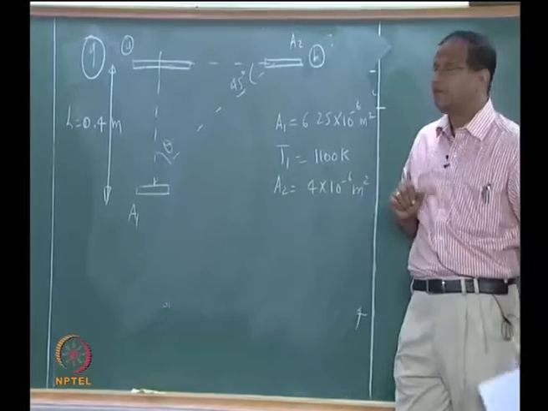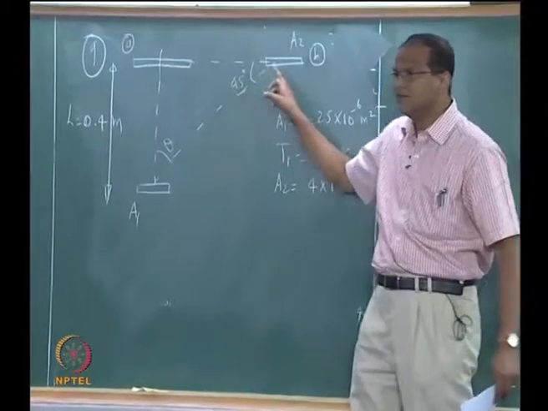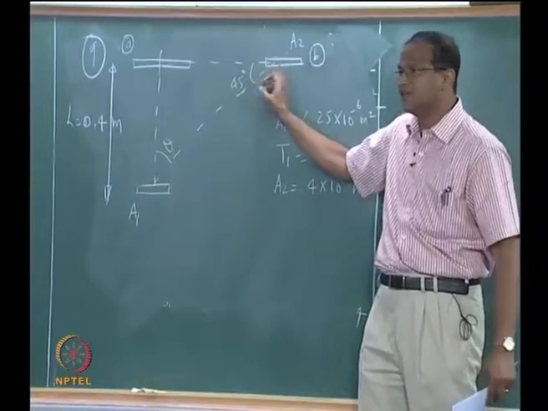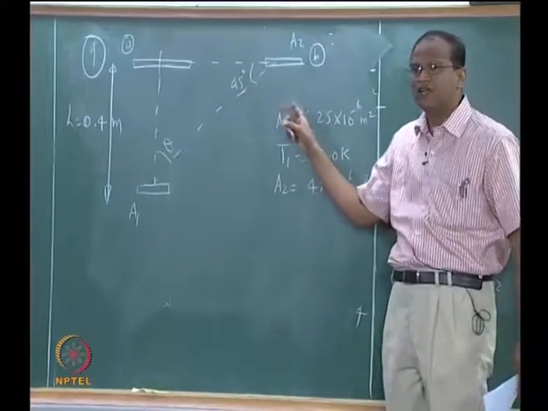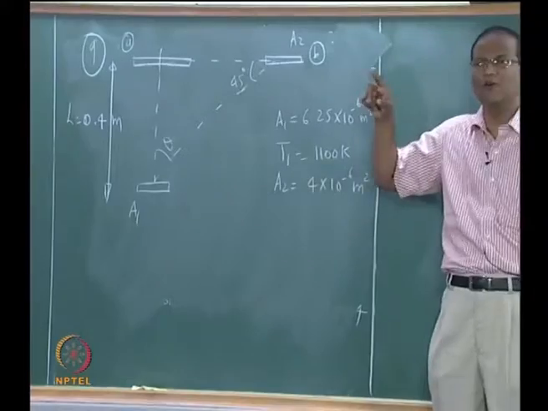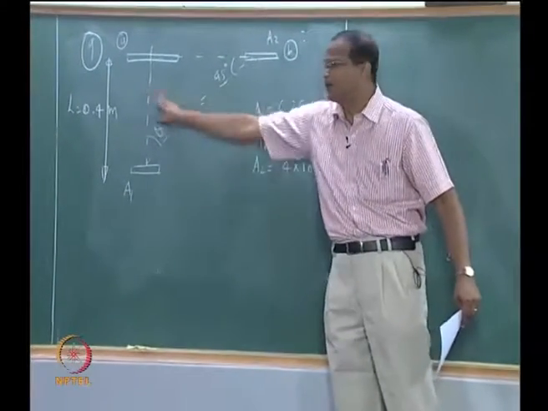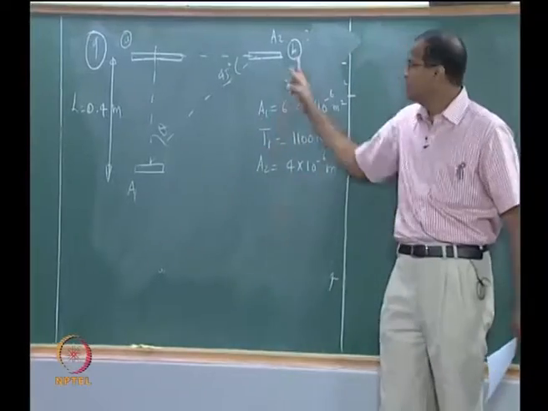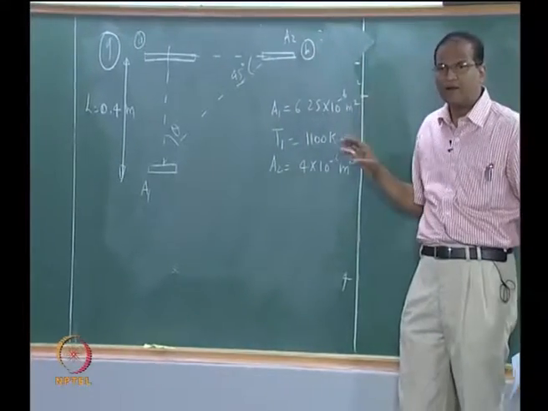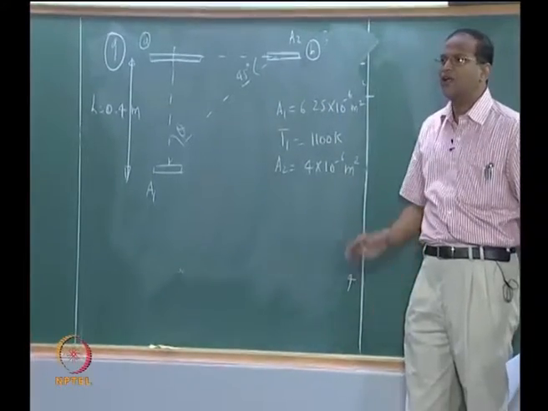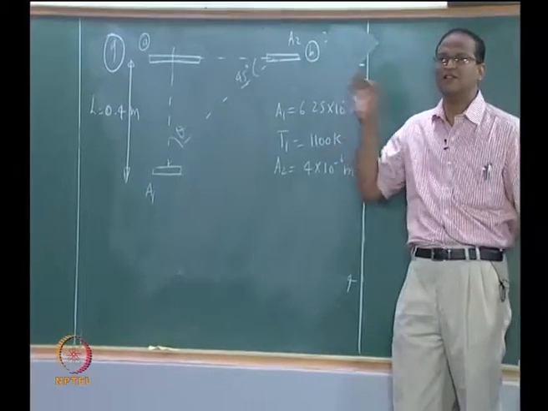Now I move it horizontally to a position B such that this angle is 45. Now the d omega, A1 cos theta, d omega will become dA2 cos theta by r squared, all that. The r is also changing from before. Suppose I give you the power, then you can also calculate the emissivity at the new position, and you can take a call on whether this is a diffuse surface or not.